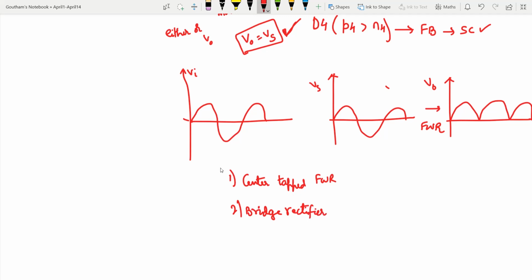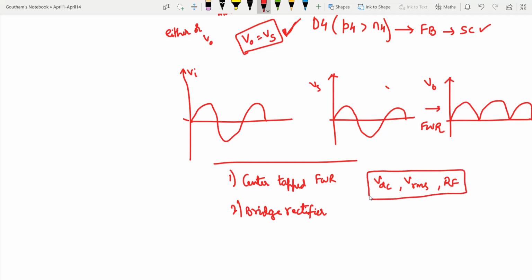These are the two important topics, and I already gave you the assignment. For a full wave rectifier output, you have to find out VDC, VRMS and ripple factor. It's simple calculus. I am sure most of you can finish it on your own. If you have any doubts regarding